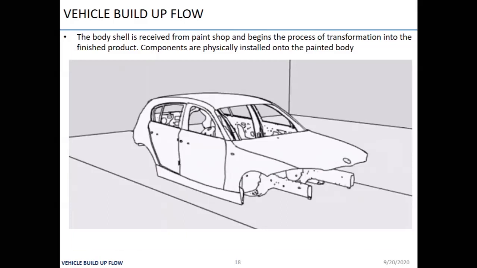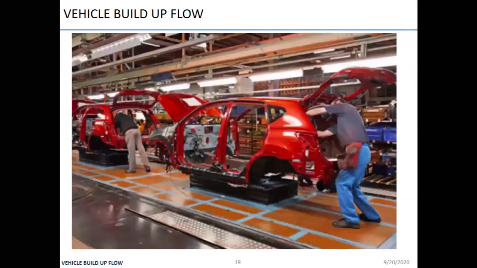Now in this step, what can you see? You can see here the door is not there. Why? Because for the door assembly, they will remove the complete door, and the complete assembly of the door will be done separately on the vehicle door build-up line. Why? Because they need to fix the steering and seat underground parts.